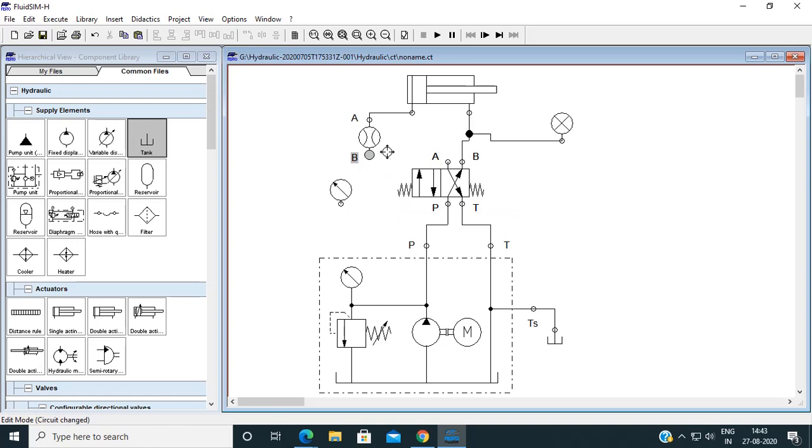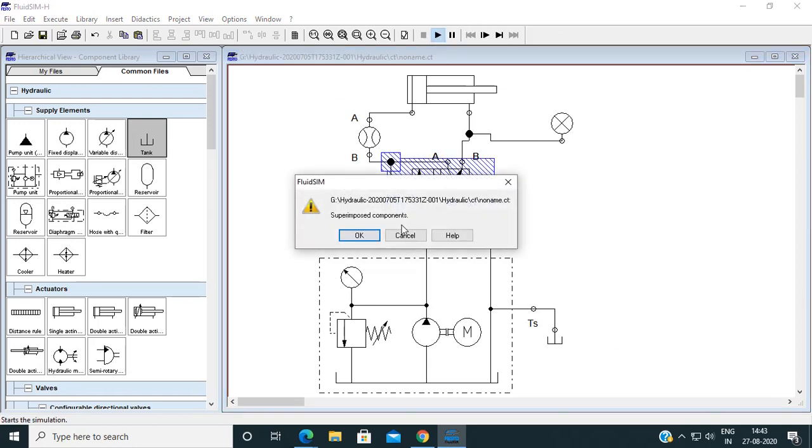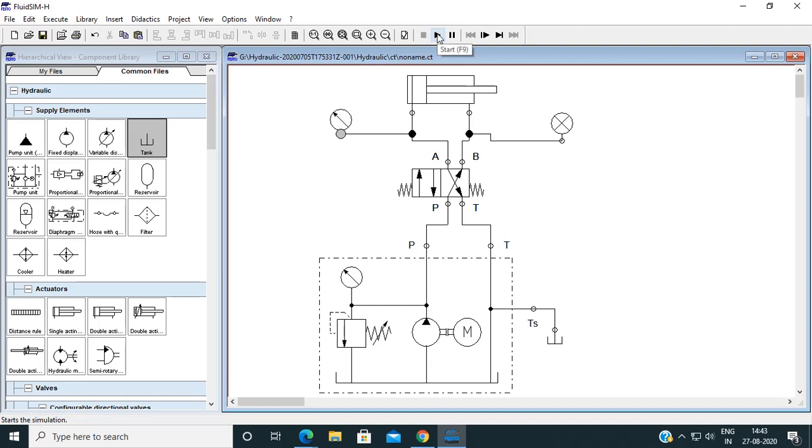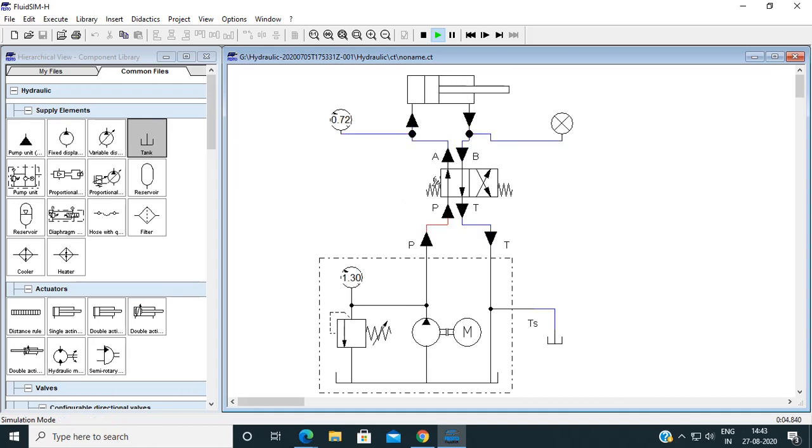Instead, I will just connect over here and place over here. Now again it is showing superimposed components. So I just delete it. Firstly I will connect it, then I will connect to the line. Now animate it. See, you can check the pressure.